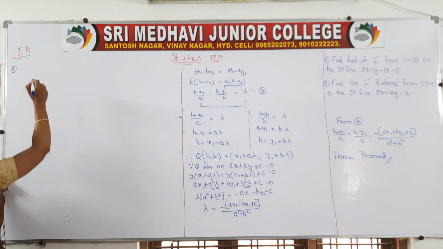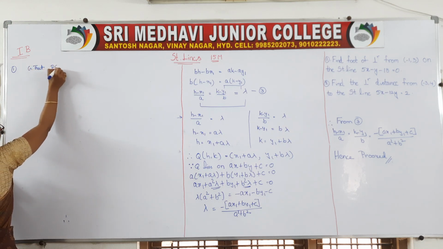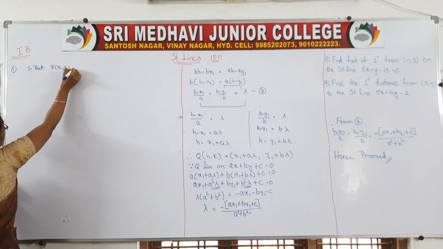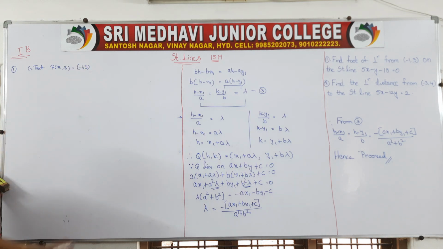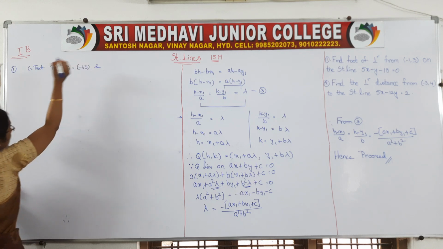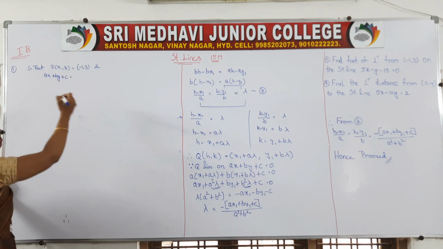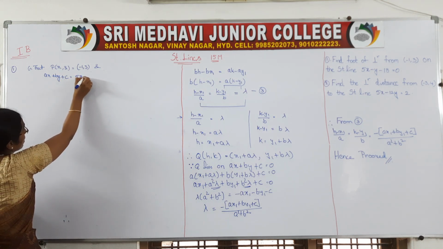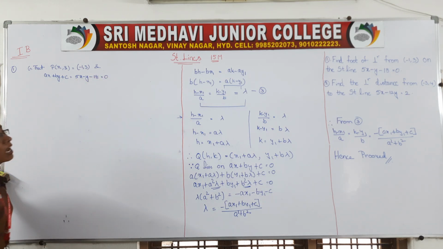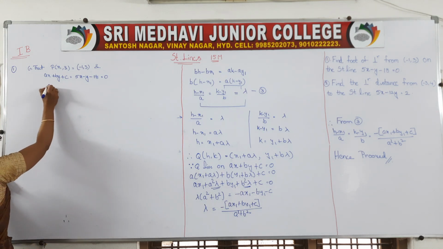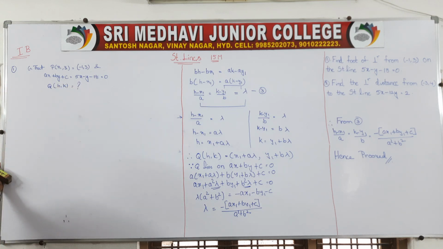Okay, so here what is the given information to you? Given that P x1 y1 is given to you. P x1 y1 is equal to minus 1 comma 3, and the line equation is given to us. What is the line equation? In ax plus by plus c form, it is given that 5x minus y minus 18 is equal to 0. We have to find the foot of the perpendicular. That means we have to find Q, h comma k. This is what we have to find.